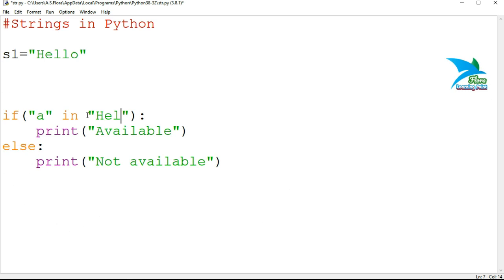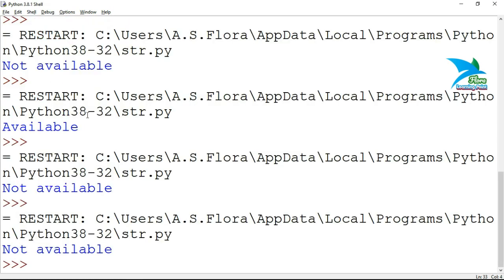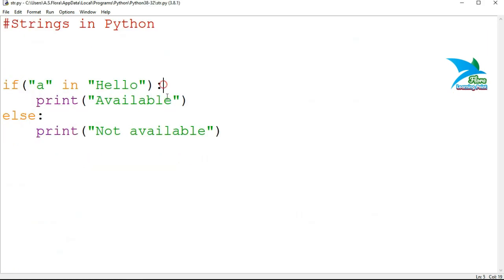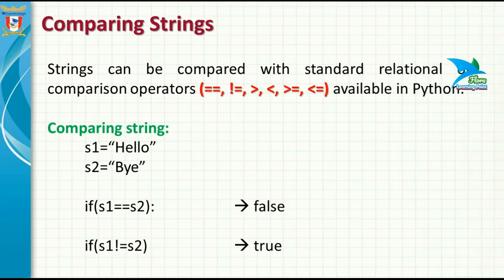You can also directly give a value here, so if you want to write hello and don't want to store that inside a string, then you can also use this. This is the way we can use the in operator to search for a particular character or a substring from another string.